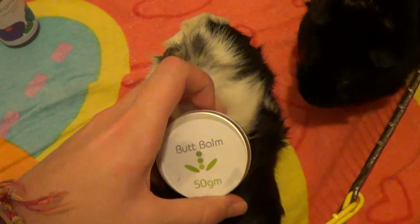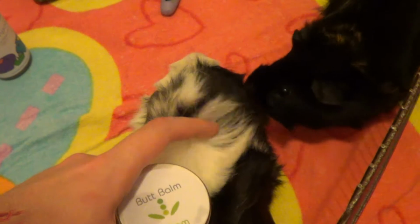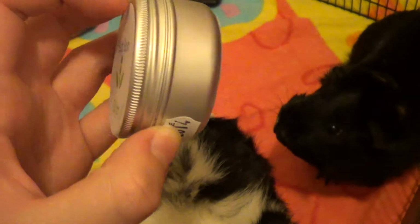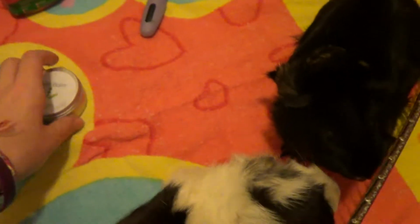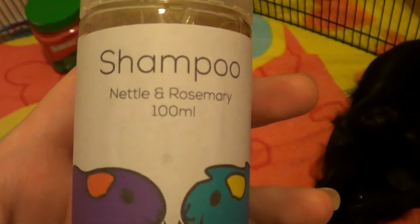So I'm going to show you how I use this and how well it works for me, and then I will compare it to using Swarfega. So just from the packet, I love how the design is really simple, and it's got easy to follow instructions on the back. And then in the way of shampoo, I will be using this shampoo, which is Nettle and